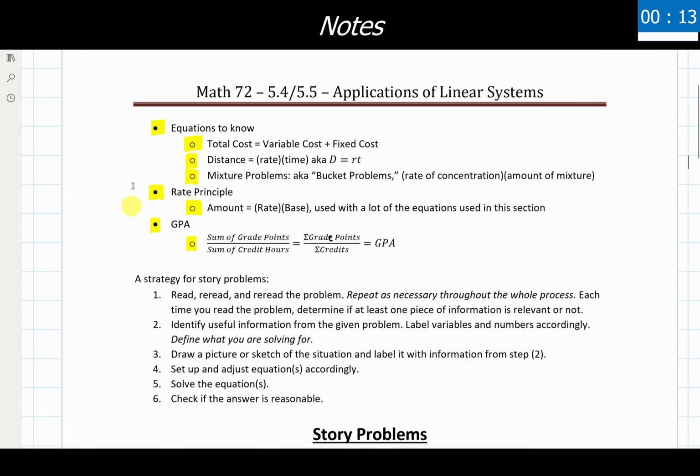So we're going to take a look at 4 example problems that use a fair amount of these. A lot of these are probably going to look a little familiar back from the Chapter 3 material, but we're going to solve them using what we've learned here in Chapter 5.